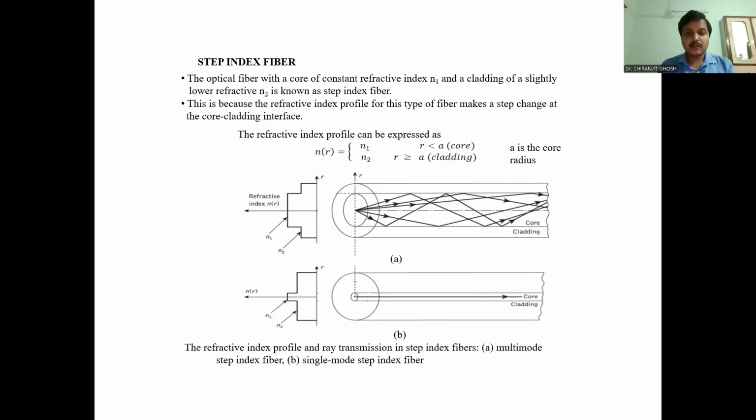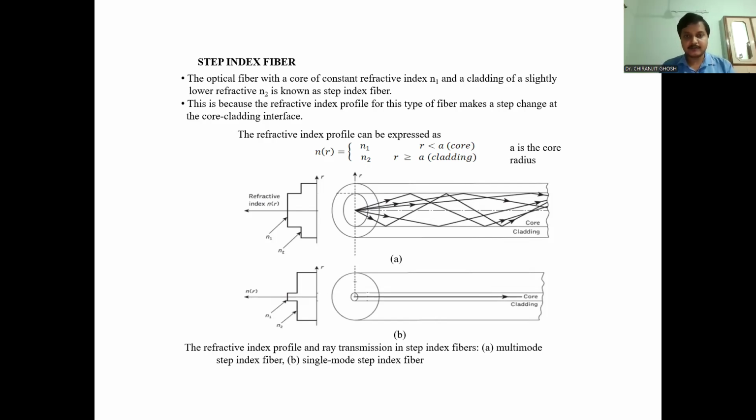a fiber which has a uniform core refractive index throughout the core and then undergoes a step change at the cladding boundary. Normally we have a fiber. In a fiber, there are mainly three sections. The innermost section is called the core, which has a high refractive index. Outside the core, there is a cladding that has a lower refractive index. Outside the cladding, there is another coating made of plastic or polymer, that is the jacket, that is